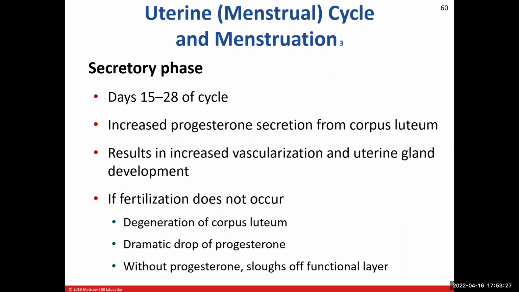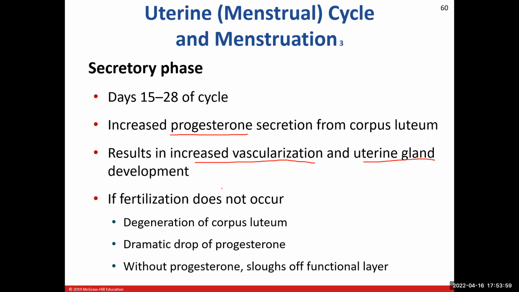Now we have progesterone being added into our list of hormones that are being released that are going to affect the uterus here. And so the corpus luteum is responsible for that. It's also producing estrogen, and inhibin. Because of all this, we are going to see a large increase in vascularization, and all those uterine glands that we were talking about are going to be produced there or increased in their development and growth